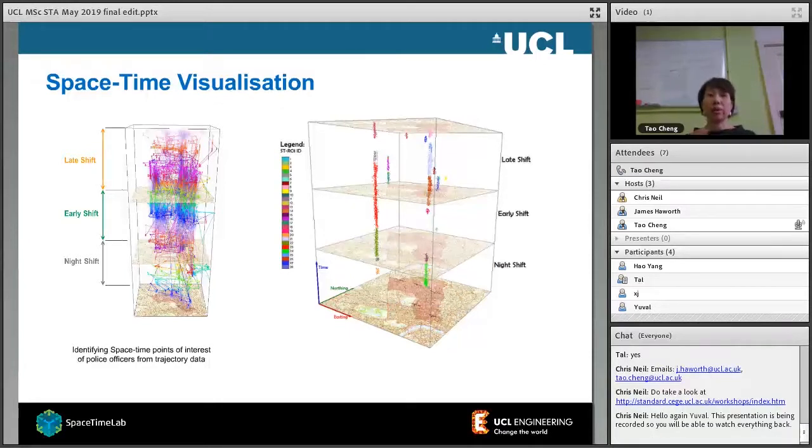From that raw data, we can do lots of sophisticated analysis, which we call spatio-temporal DBSCAN, density scanning. So we can really capture the concentrated, what we call spatio-temporal regions of interest. This is showing you one around here, which is like a cylinder. You can see that in this particular period of time and in this particular location, this group of people are concentrated.